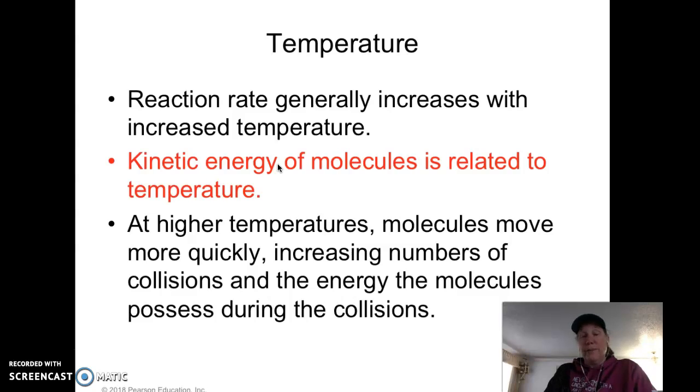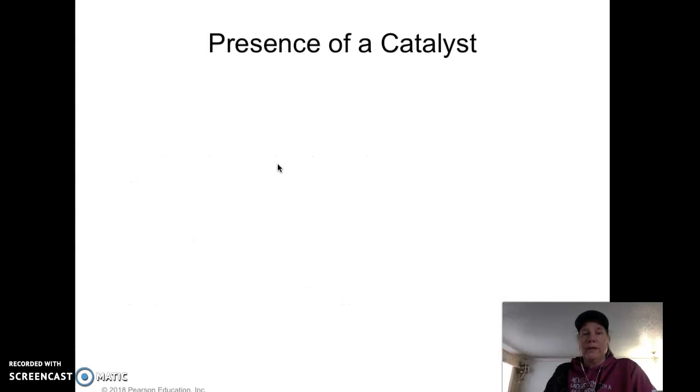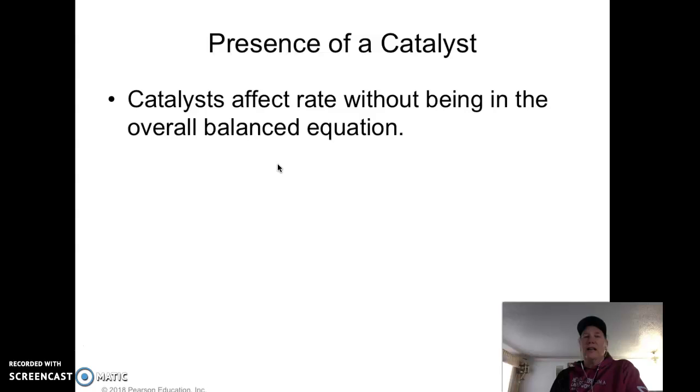Okay, so temperature, definitely. If you're increasing the temperature, you're increasing kinetic energy, and they're moving faster. They're going to bang into each other more. Okay. And then there's the catalyst. I talked a little bit about this. A catalyst is something that you add, and sometimes it's responsible for making the reaction occur, but it doesn't affect